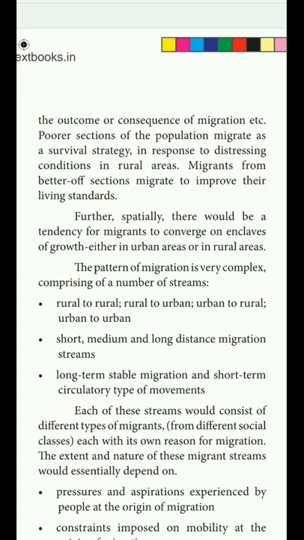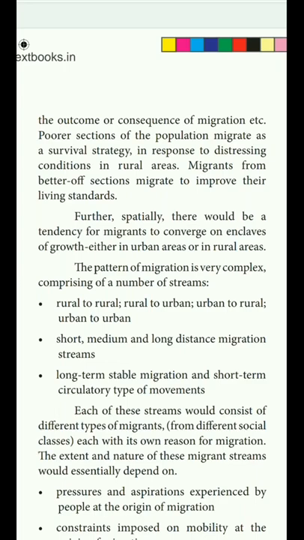Next, short-term migration, medium-term migration, long-distance migration. Also there are three streams of migration. What are the three streams of migration? Short, medium and long-distance migration streams are there. A long-term stable migration and short-term circulatory type of movement. Then next one, there are two types of movement. Long-term stable migration. That means